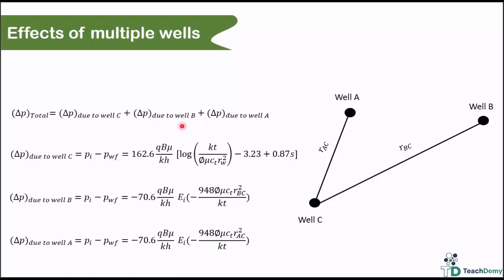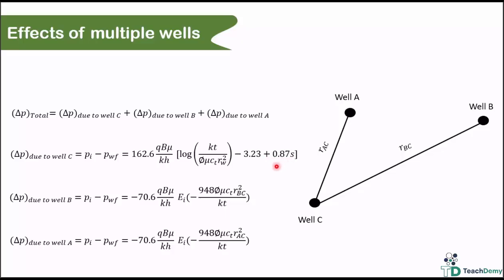Expressed in words, total delta pressure at well C is equal to delta pressure from well C plus delta pressure from well B plus delta pressure from well A. For the pressure drop caused by well C, based on the solution to the diffusion equation, we have delta pressure at well C equals Pi minus Pwf, which is calculated as 162.6 Q mu B divided by Kh multiplied by the logarithm of Kt divided by phi mu Ct Rw squared, minus 3.23 plus